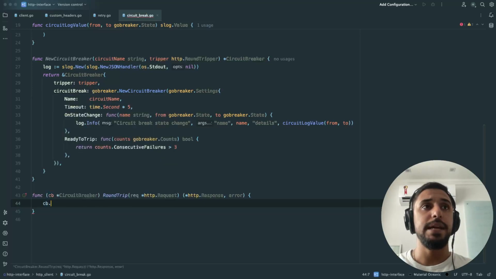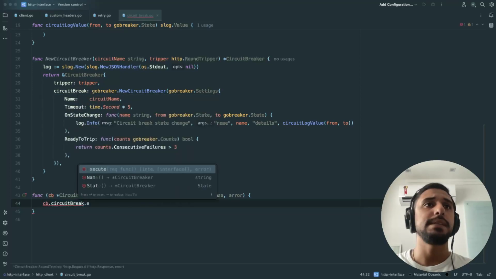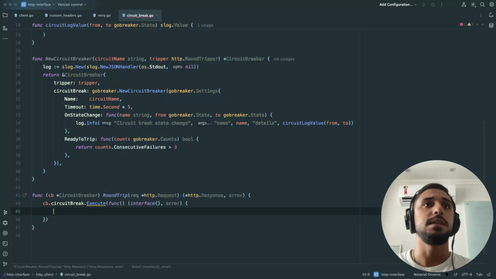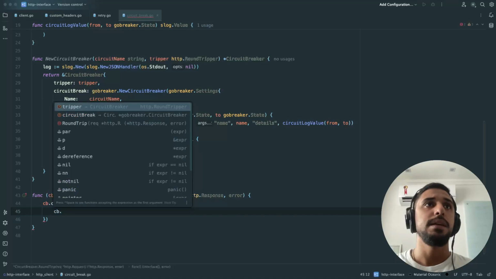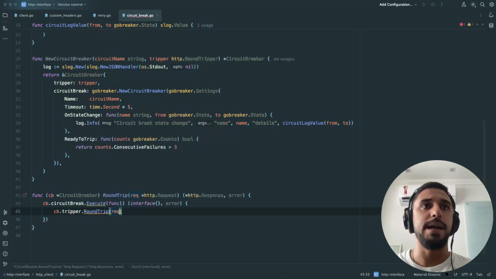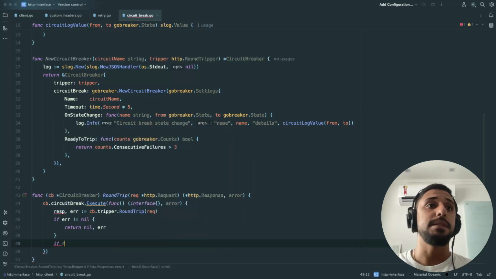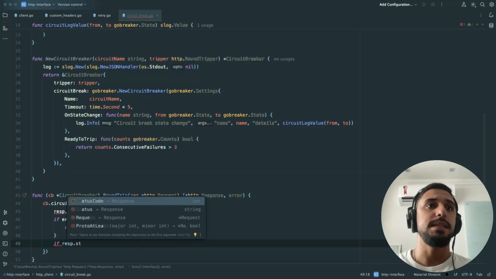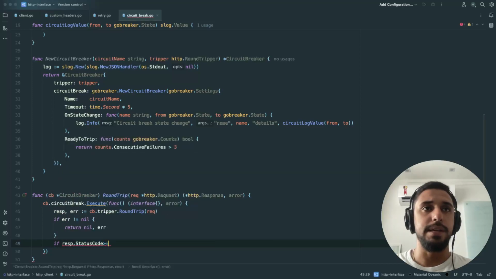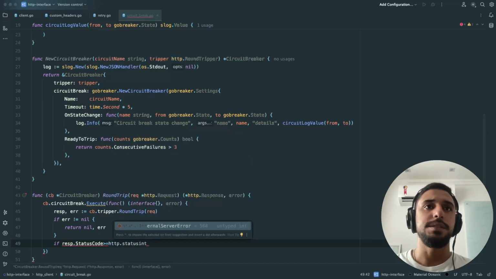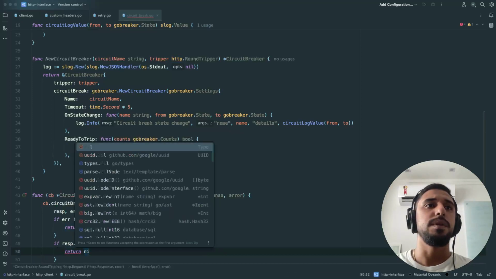The circuit breaker has an execute function, right? So basically now you're gonna be able to do cb.tripper.RoundTrip(req), and get resp and error. If there is an error, we're gonna return an error, right? But if the status code is greater than http.StatusInternalServerError, we're gonna return,